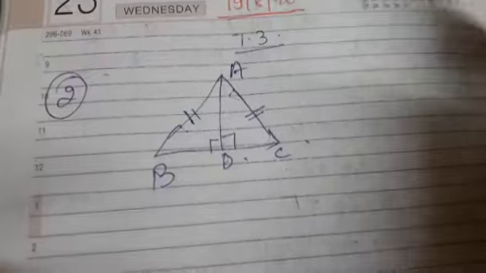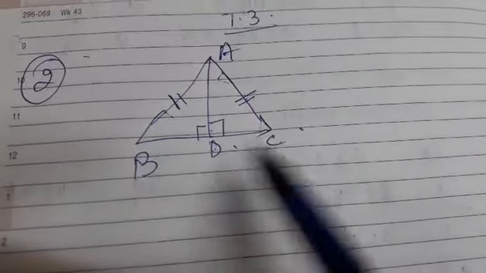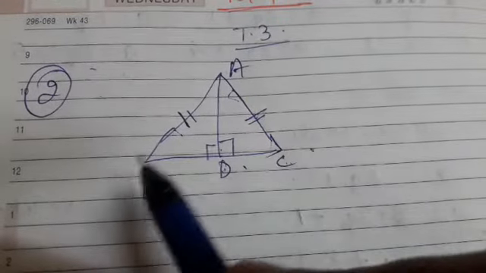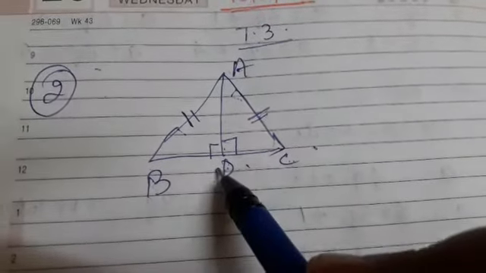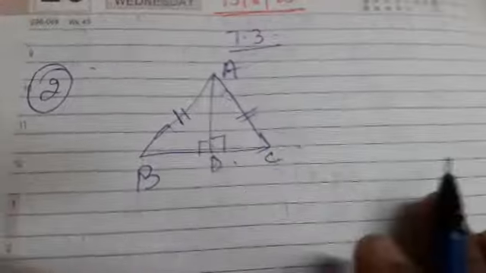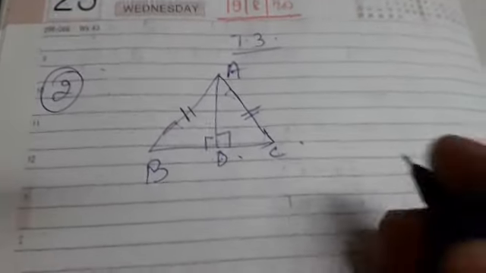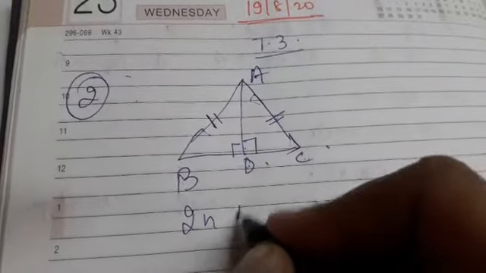Now we have to prove that AD bisects BC, that is, we have to prove that BD is equal to DC, and we also have to prove that angle BAD is equal to angle CAD. For that we have to prove the congruence first. So let us check which congruence we are going to use here. Now in triangle